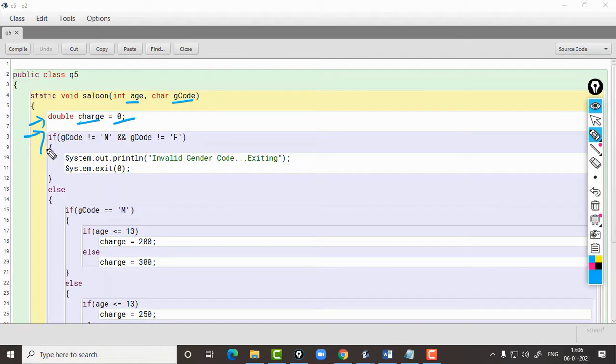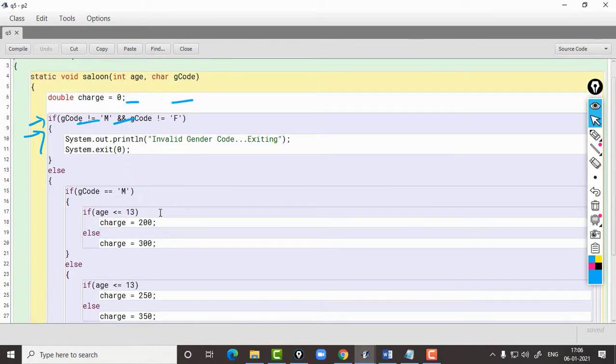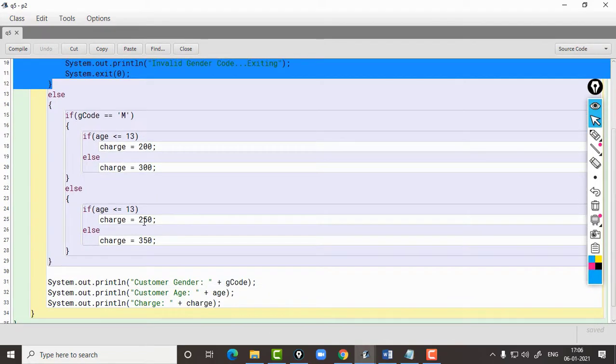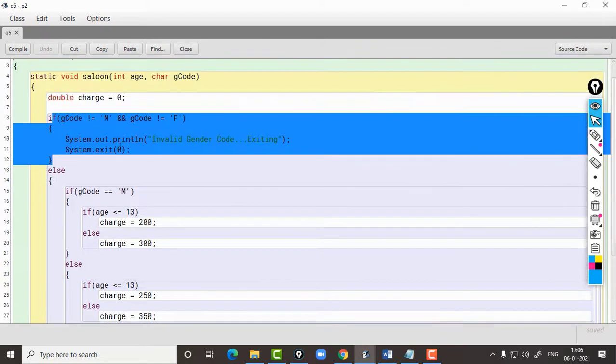Now on line number 8, I have used a slightly different approach than what I explained earlier. Only slightly different. Instead of checking for invalid gender code after checking for male and female, I am checking it right at the start only.